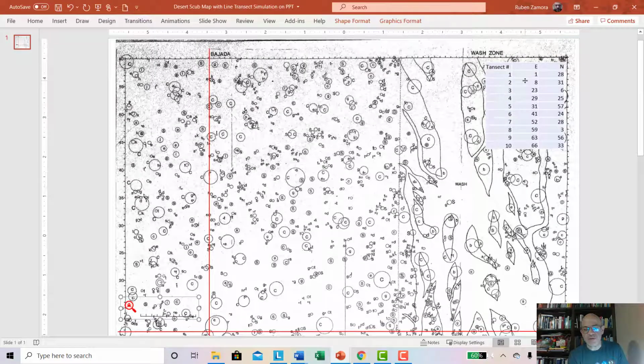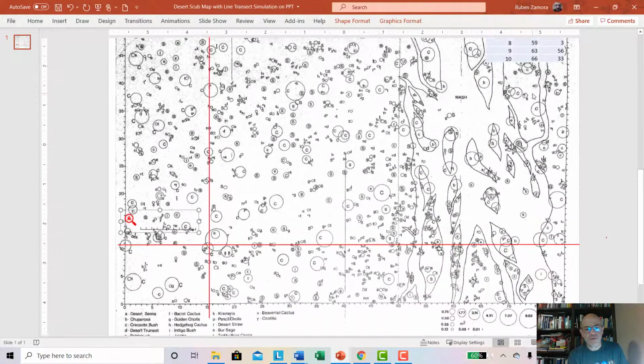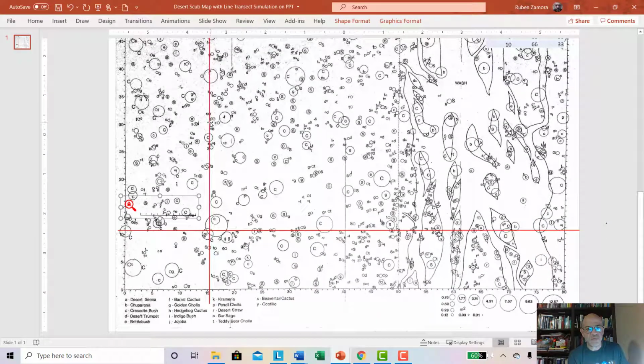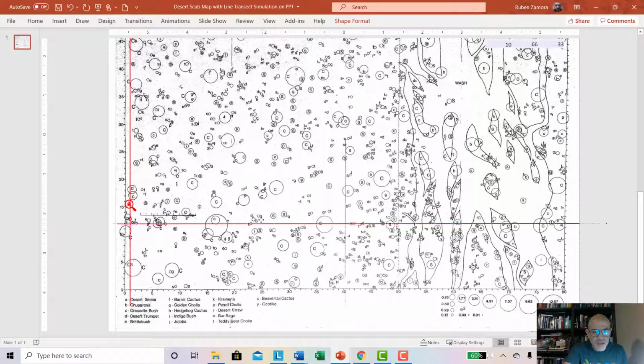So the first coordinates that we're going to collect data from are 1 meter east and 28 north. So this vertical red line is going to help me find the 1 meter. The scale is on the bottom for running east, and then you can use your arrows to move the lines a little better. And then we're going to go 28 north. So this is 25, and